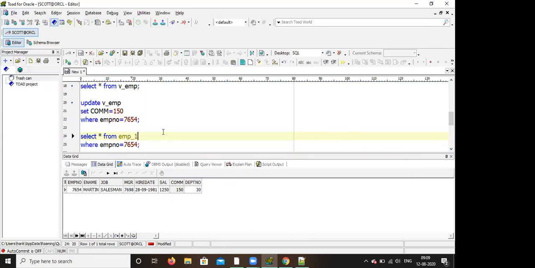Have you saved it? Then clear it. Write the heading as complex view.